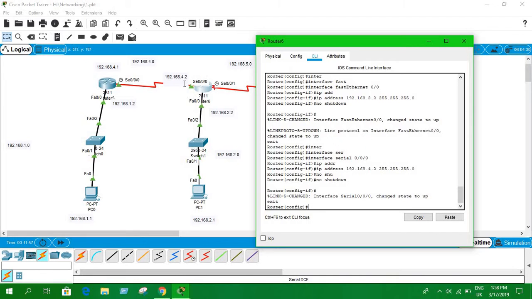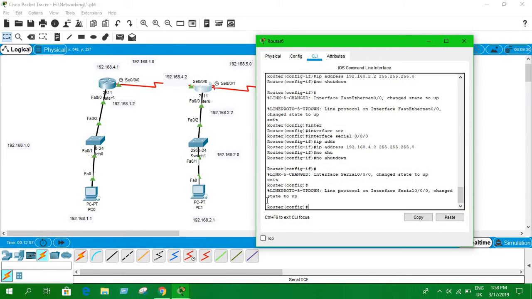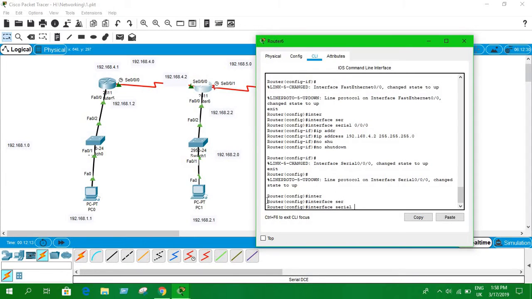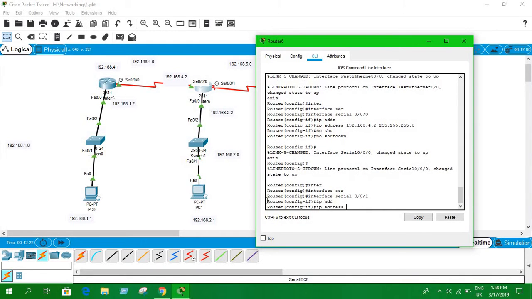We have assigned these two ports. You can see the green arrows, and now you have to configure this port. So just click enter, and we're already in configuration mode, so just type interface serial 0, and this is the port number 0/0/1. For me it might be different from yours, so you have to be careful. Type IP address